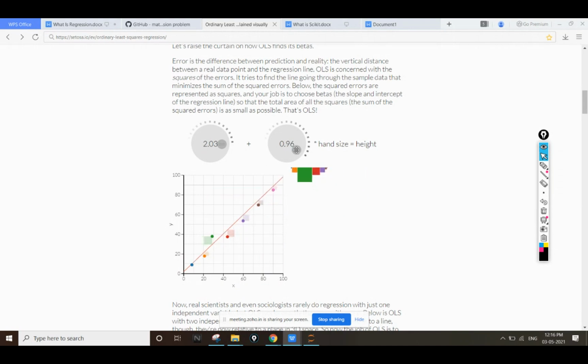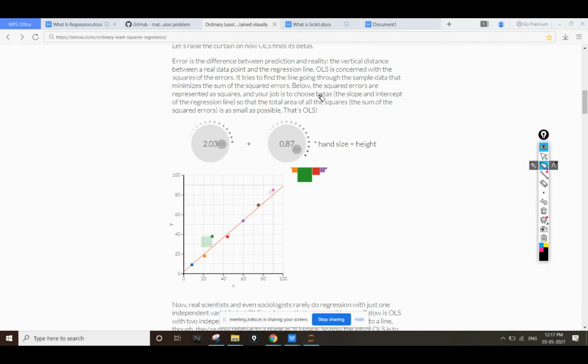So we have to find values of M and C so that the summation of all this error is minimum, because OLS is concerned with the square of error. In mean square error we calculate the square of error, so in the same way in OLS we also calculate the square of error.